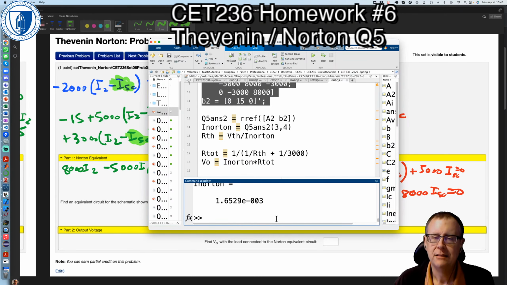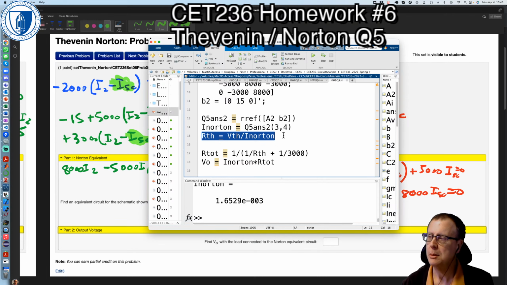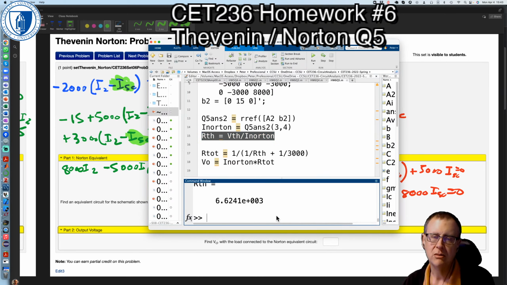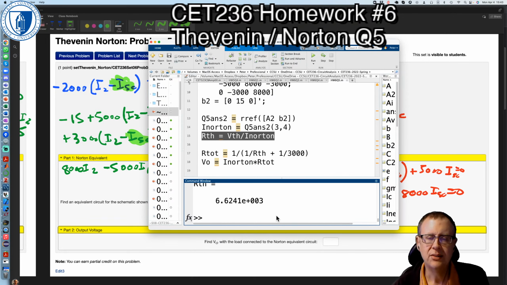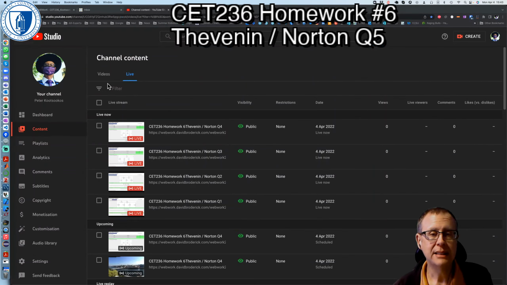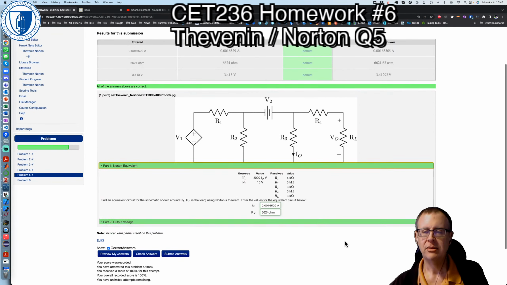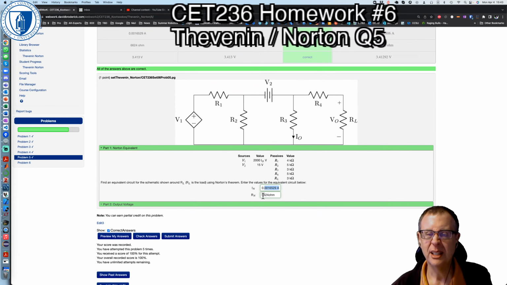And then in order to find the Thevenin or Norton resistance, remember Thevenin resistance equals Norton resistance, we can just divide the Thevenin voltage by the Norton current, and our Thevenin or Norton resistance is 6,624 ohms. And if I plug that in to WebWork, then everything comes out nicely, right? So there's my current, there's my